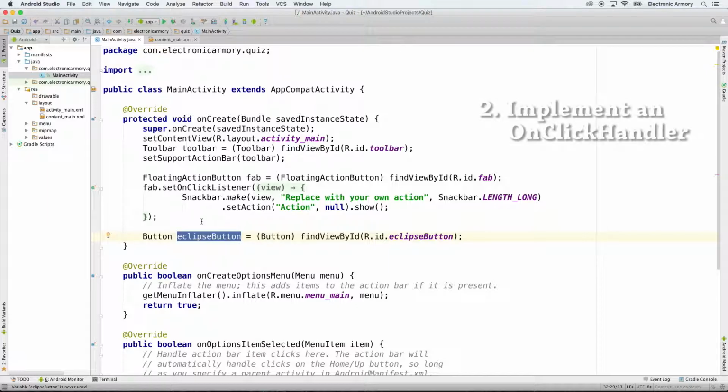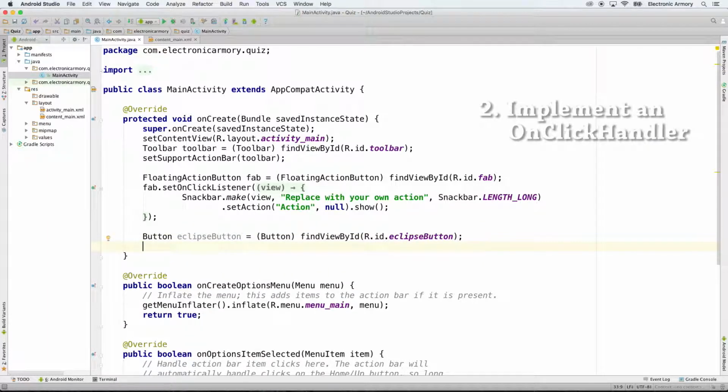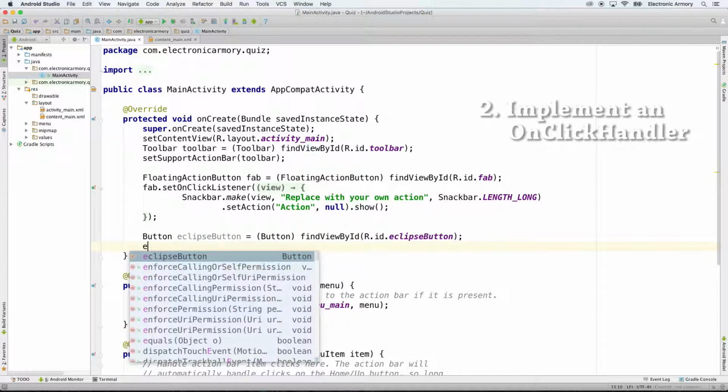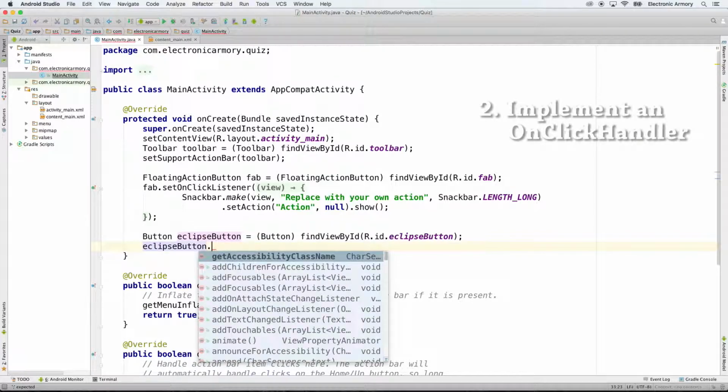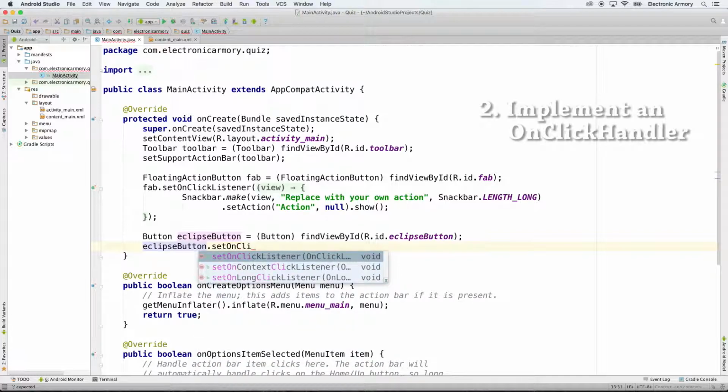Now our next step is to add an instance of an OnClick handler and an accompanying OnClick method to perform our logic. So how do we do that? After this line here, press enter, type in the beginning of your variable, and setting the OnClickListener is as easy as calling a method called setOnClickListener. And you can choose the first one from this list and hit enter,